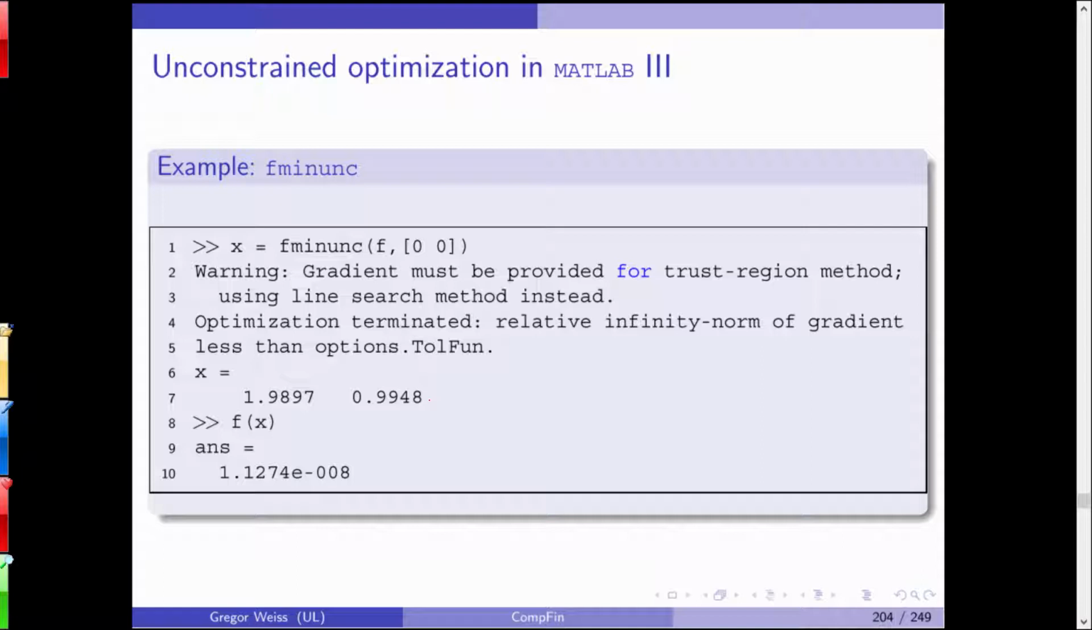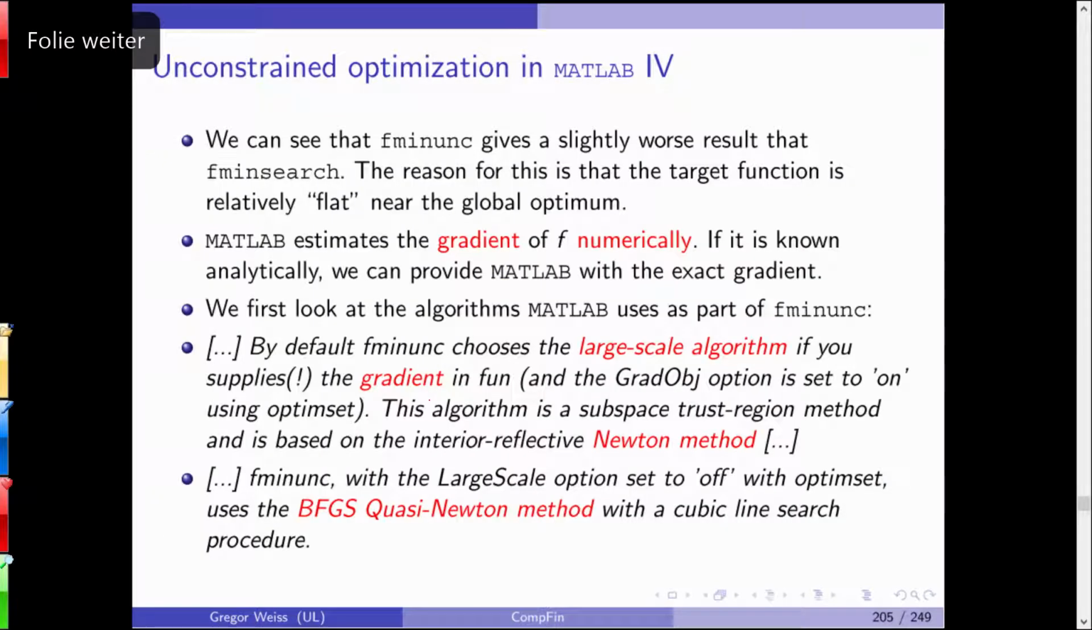And both algorithms that are highly tuned and quite sophisticated give out different results that differ by almost 10 digits. So first of all, we had 10 to the minus 17th, and now we have 10 to the minus 8th power, and this is quite striking. Why? It's quite simple. It depends on how good the approximation of the gradient is. Now, fminunc gives a slightly worse result than fminsearch, and the reason for this is that the target function is actually relatively flat near this point 2, 1. And Matlab, of course,